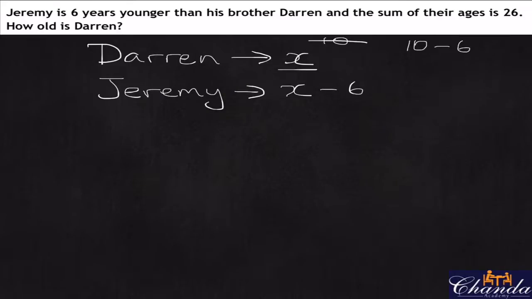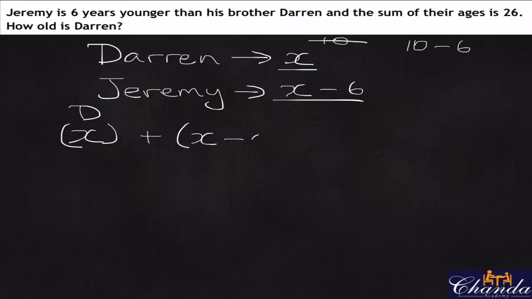Now it says, if Jeremy is X minus 6 and the sum of their ages is 26. So if Darren is X, so that's Darren's age, then you add that to Jeremy's age, who is X minus 6. Together, they give us 26 years old. Then we have X plus X, which are the like terms here. So that makes us 2X. Then we have the minus 6, which is equal to